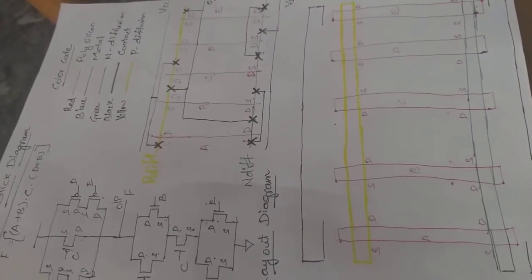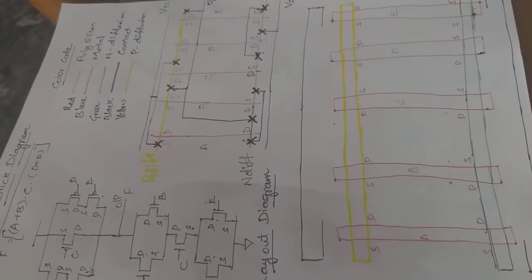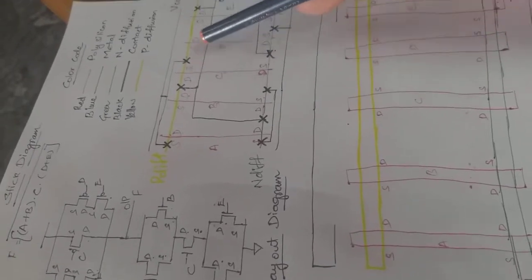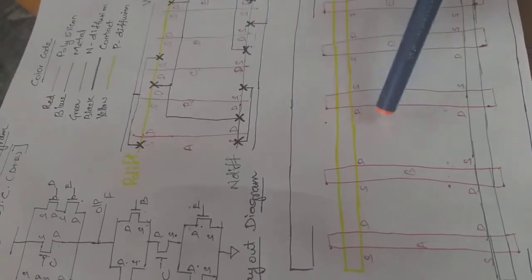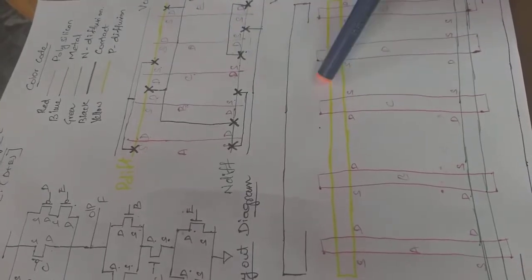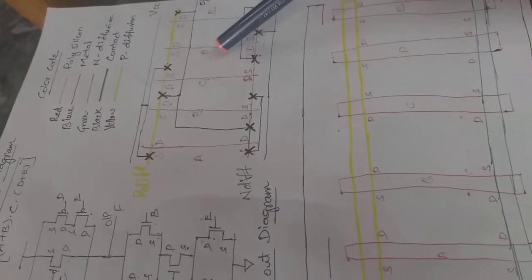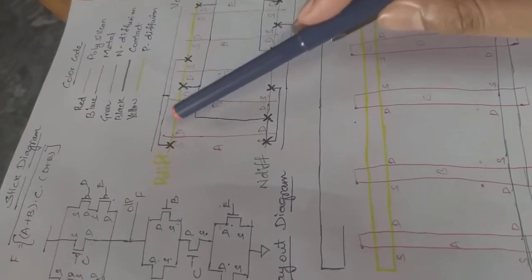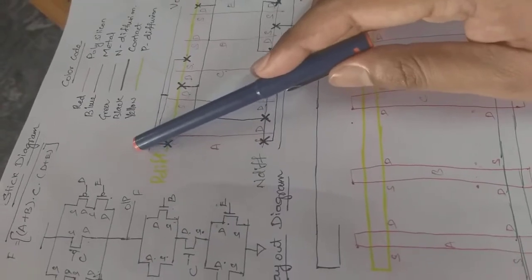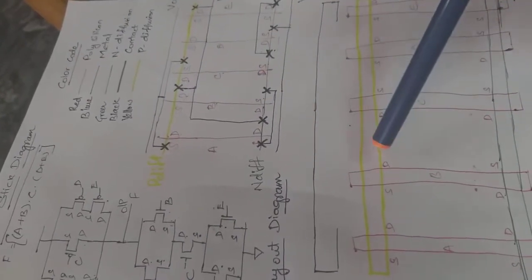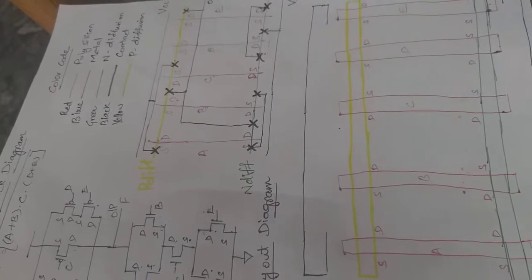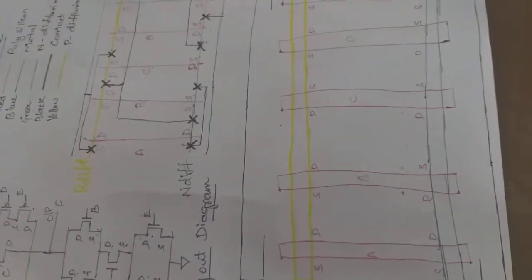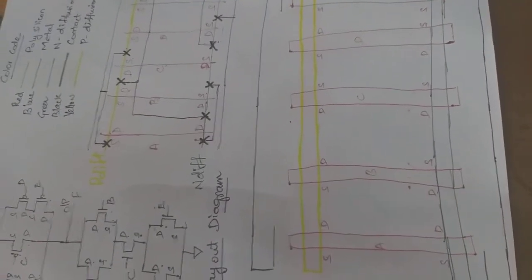A layout diagram is nothing but a block or box type diagram of your stick diagram. There is no major difference between these two diagrams. This is the last stick diagram we drew in the last lecture, and what I have done is draw each and every line in a box shaped structure. Forgive me for my irregularities in the diagram. Let me move on and complete the diagram.